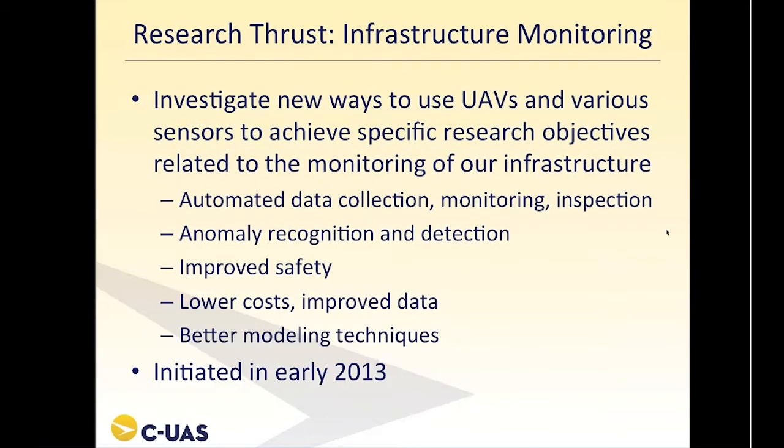Now, the next area, the area that's probably of most interest to you, is infrastructure monitoring. And I'm going to turn the time over to Kevin to discuss this project and wrap up the presentation. All right. Well, about a year ago,